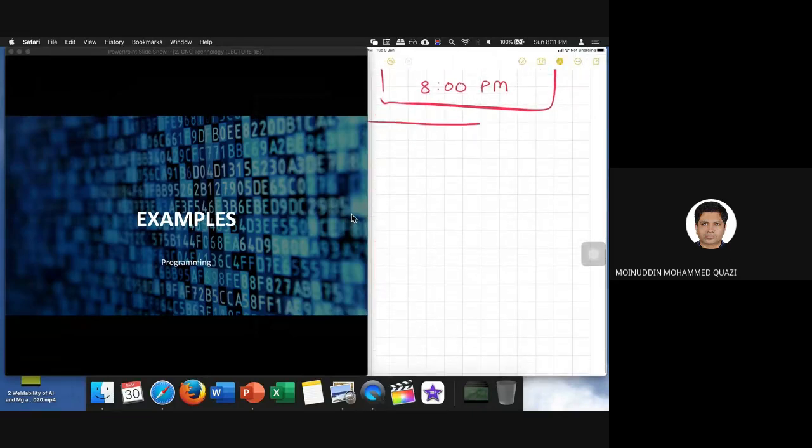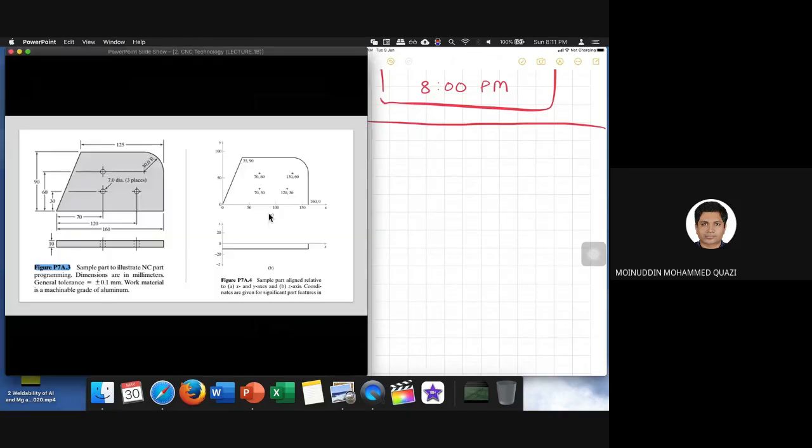Okay, guys, so today we start our examples for CNC programming, G and M code. Let us take a look at our first example. This is the problem which is given in the book. As an example, it has been solved already. However, for the sake of learning, we will solve it together in the class, so that if anybody has any confusion about the application of any G or M code, then he or she can ask me in the class. So together we are going to solve this problem.